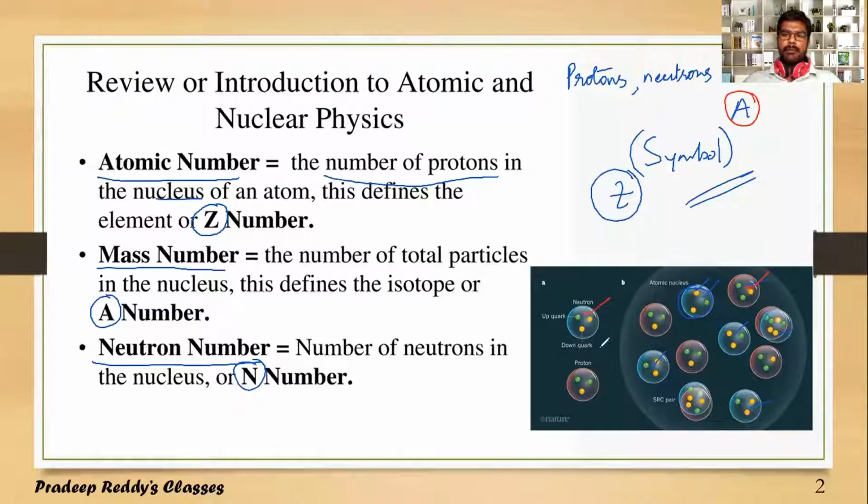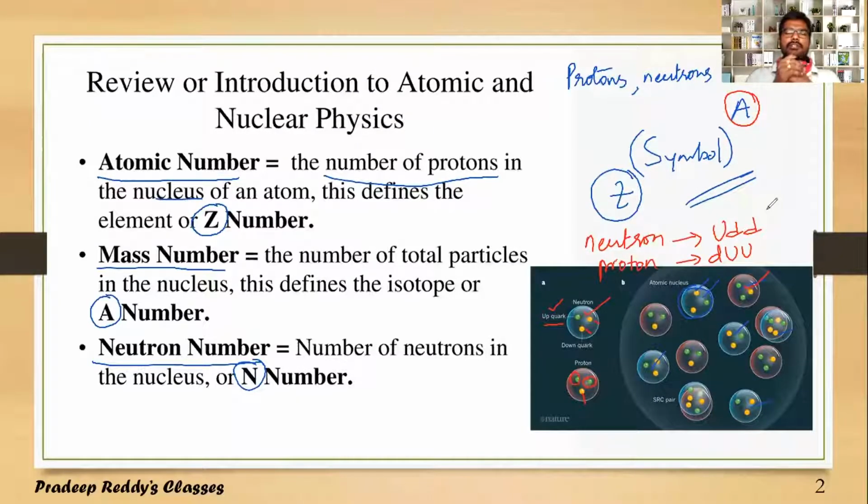Every neutron is made up of quarks, one up quark and two down quarks. Up and down are the names of quarks. They too have fundamental charge. So a neutron is made up of one up quark and two down quarks, whereas a proton is made up of one down quark and two up quarks. So a neutron can be represented with one up, one down and one down quark, whereas a proton is represented with one down quark and two up quarks.